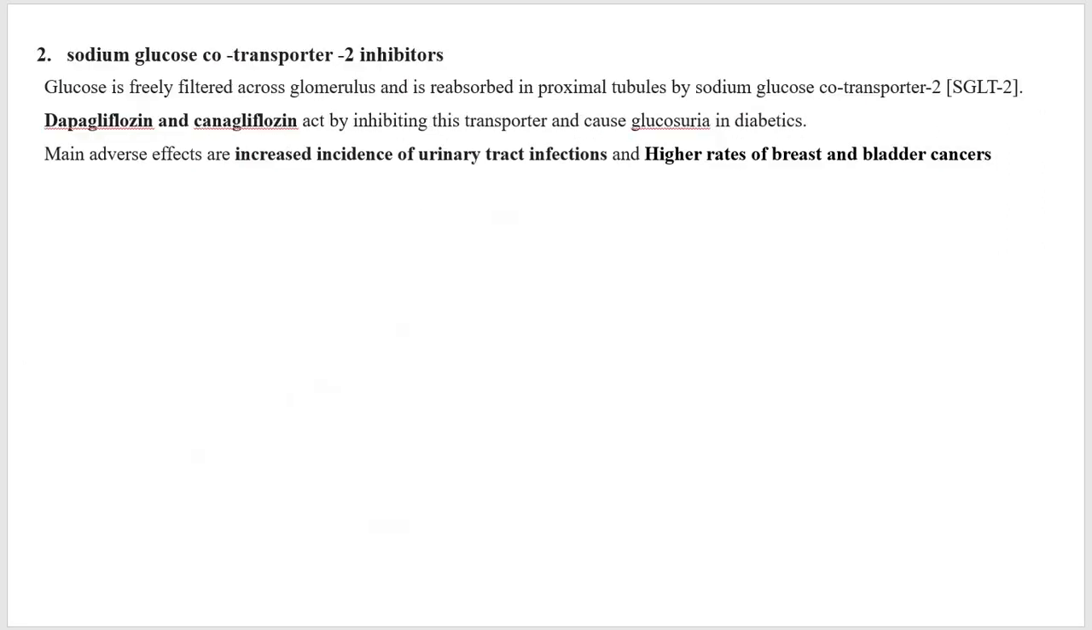Okay, then next is the sodium glucose transporter inhibitors. This is another group of drugs which are used in the treatment of diabetes mellitus. Glucose is freely filtered across the glomerulus and is reabsorbed in the proximal tubule by the sodium glucose co-transporter. Okay, and the drugs which are used are dapagliflozin and canagliflozin. Okay, and they act by inhibiting this transporter and cause glucosuria in diabetics, means it shows glucose in